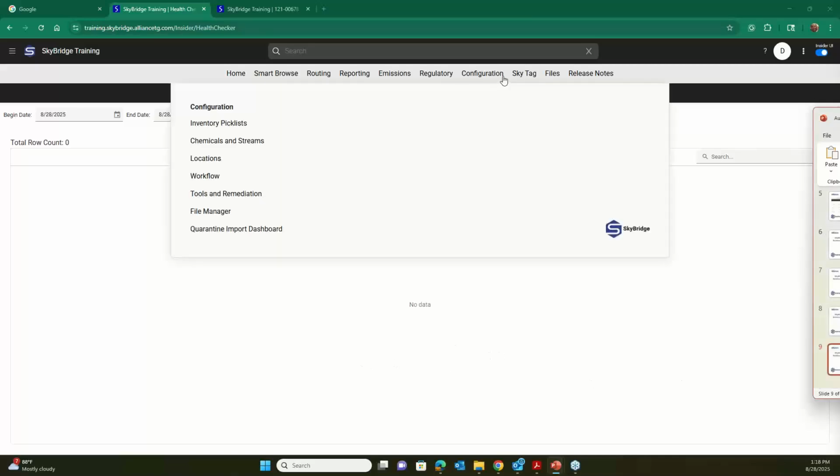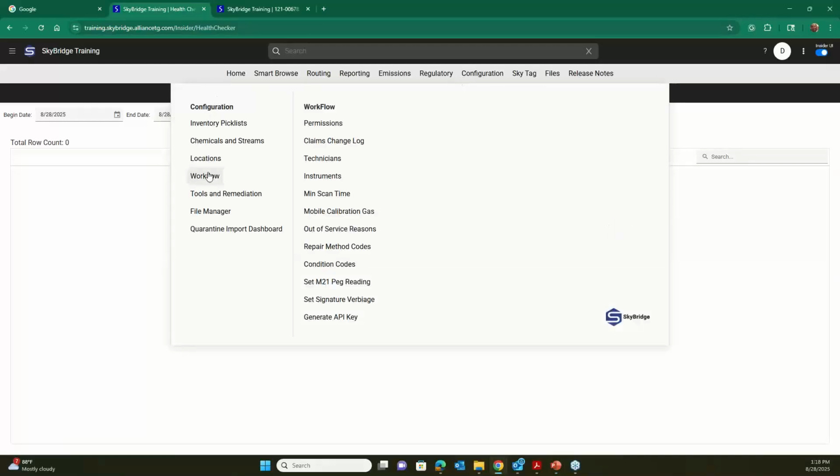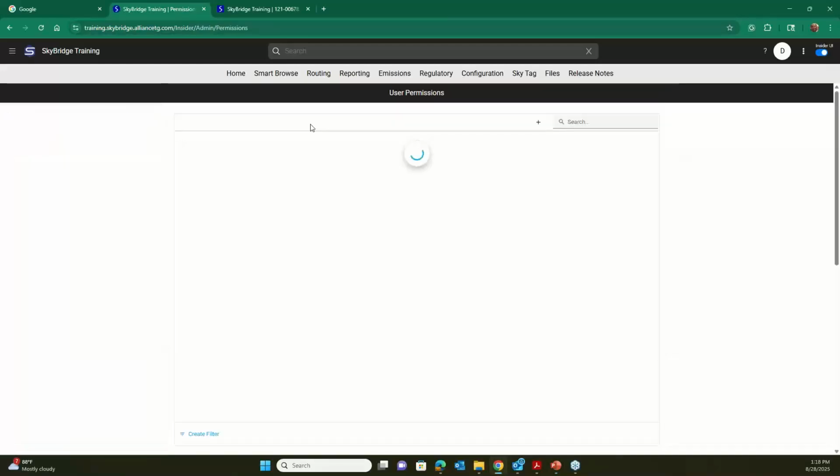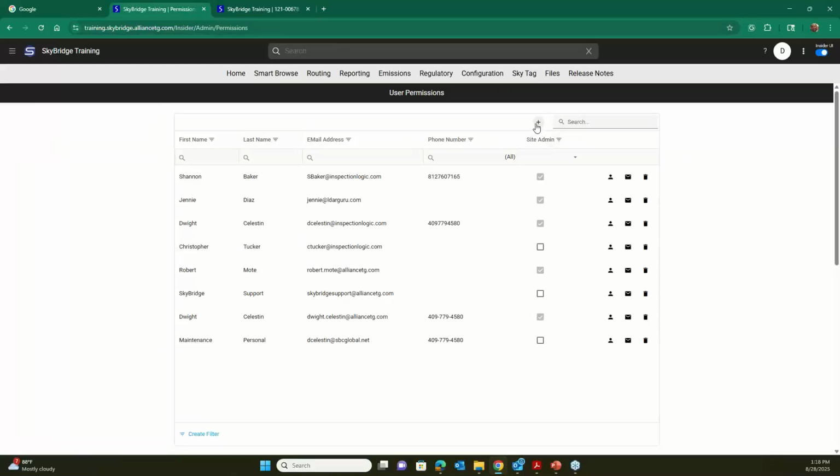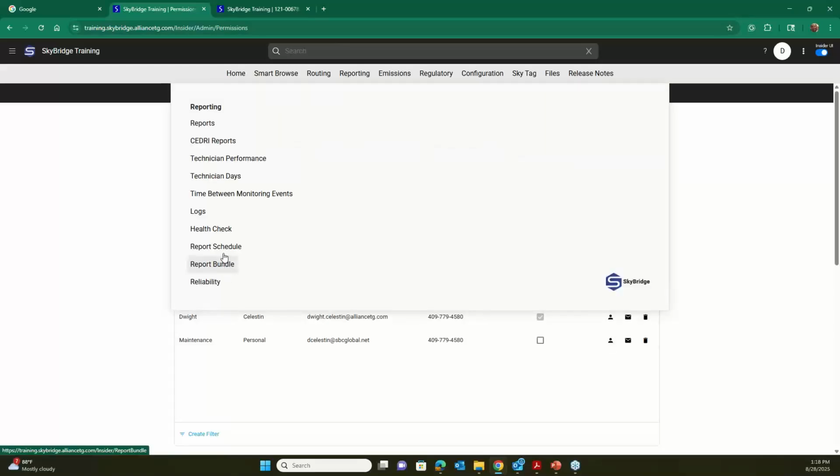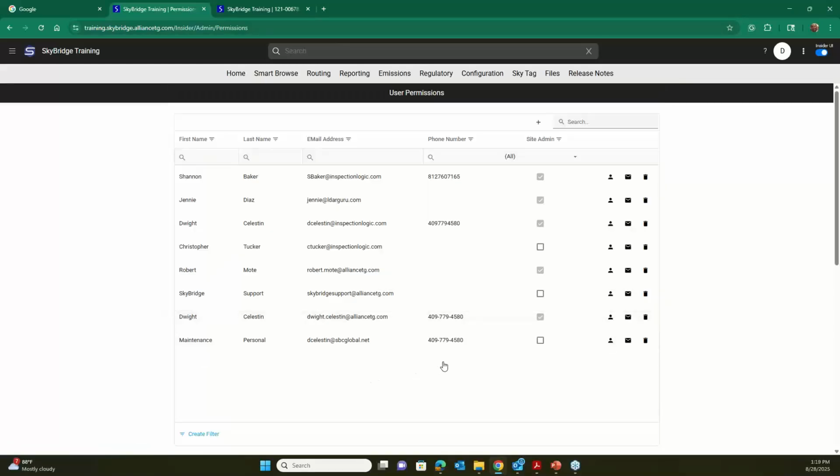Now, on the notifications too, let me get into the software here. That's under configuration, workflow, permissions. And here's the add button if you want to add a new person to the database. They can't access SkyBridge, but they can actually get a notification. You can put their name, like I have maintenance here, but the only thing he can get is notifications. Or, of course, remember under reporting, report schedule, you can schedule a report to go out too. But again, if I want to come over here, I can remove, like for this one here,